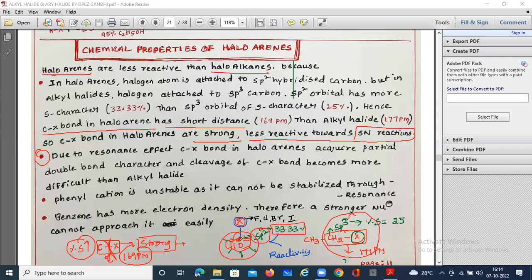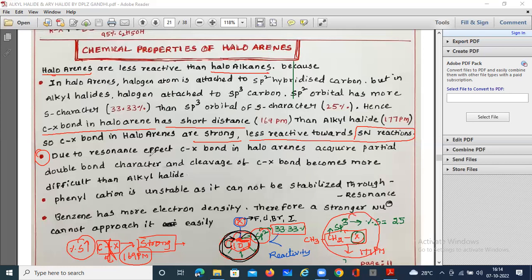That means they can change their position from this position to this position or this position, like this, which we already learned in 11th class. Do you remember, in aromatic compounds like benzene? So due to the delocalization of the pi electrons, these aromatic rings participate in